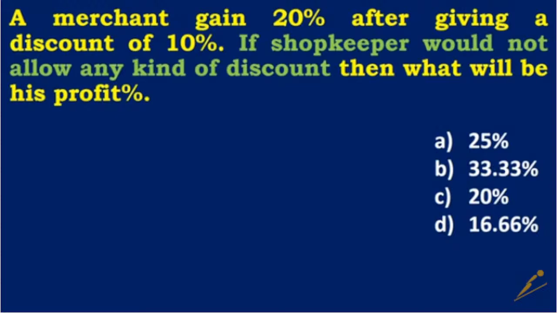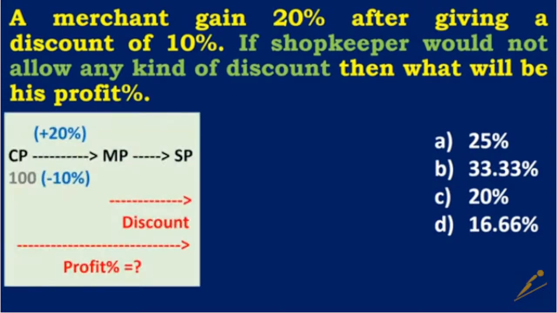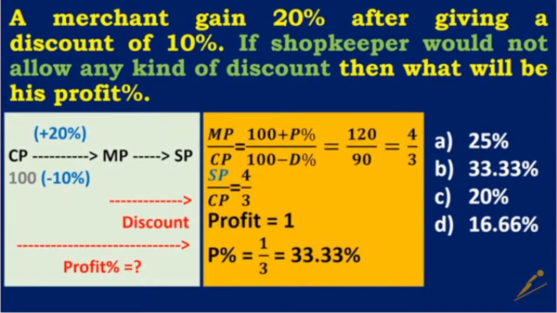Next example. A merchant gained 20% after giving a discount of 10%. If the shopkeeper would not allow any kind of discount, then what will be his profit percent? The ratio of marked price to cost price is equal to the ratio of 100 plus profit percent to 100 minus discount percent. By substituting 20% gain and 10% discount in the equation, the fraction becomes 120 divided by 90,